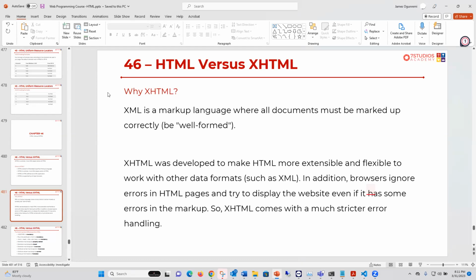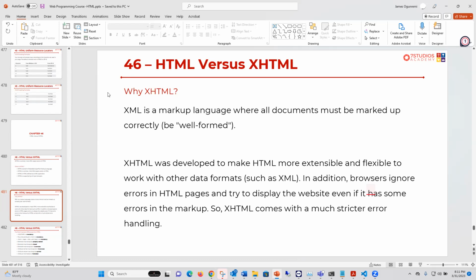XHTML was developed to make HTML more extensible and more flexible to work with other data formats such as XML. In addition, browsers ignore errors in HTML pages and try to display the website even if it has some